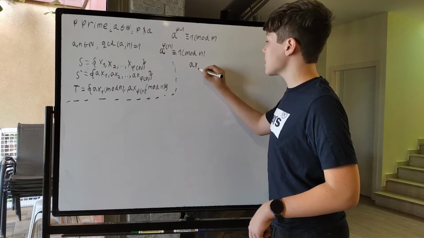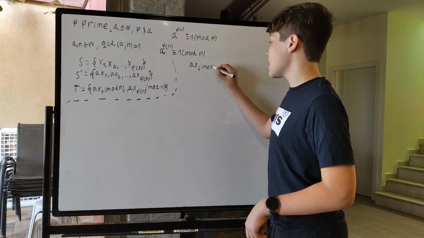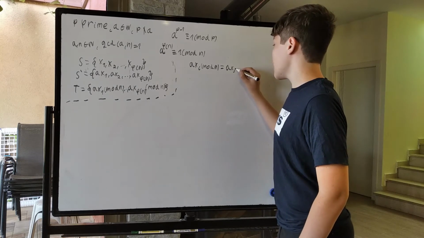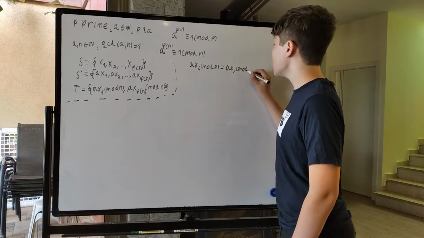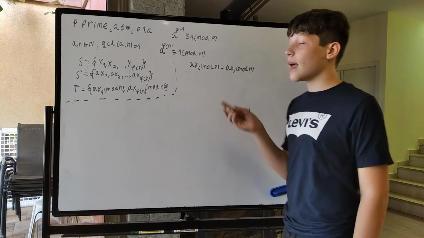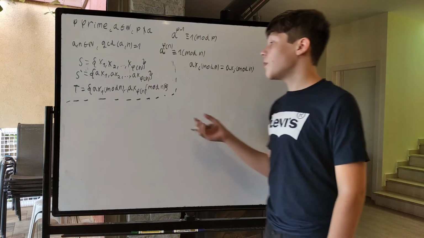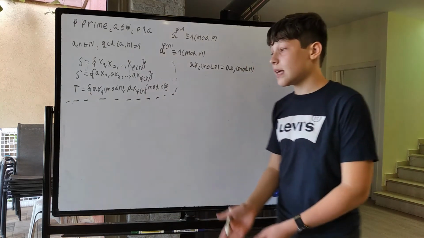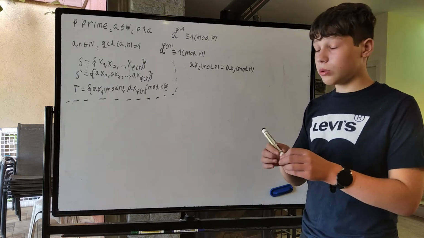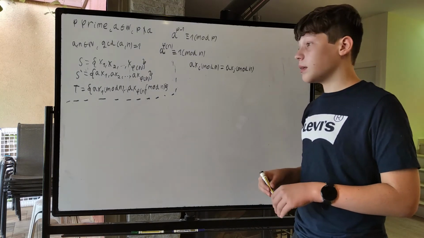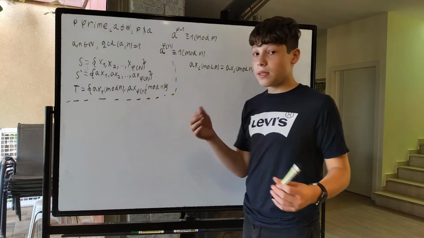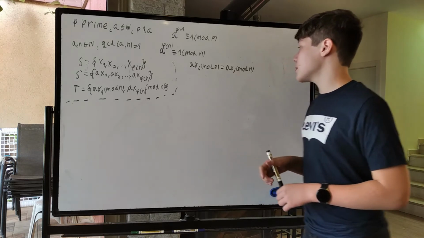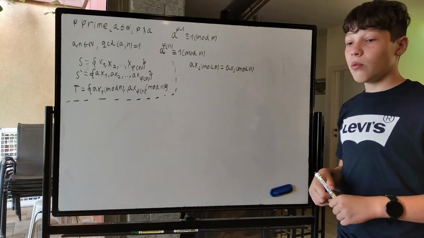If a x_i mod n is equal to a x_j mod n, we will show that that implies that i is equal to j. So if we find two elements that are equal here, that means they'll have to be in the exact same place, which will give us that any elements in two different places will have to be different. So a x_i mod n is equal to a x_j mod n. That means